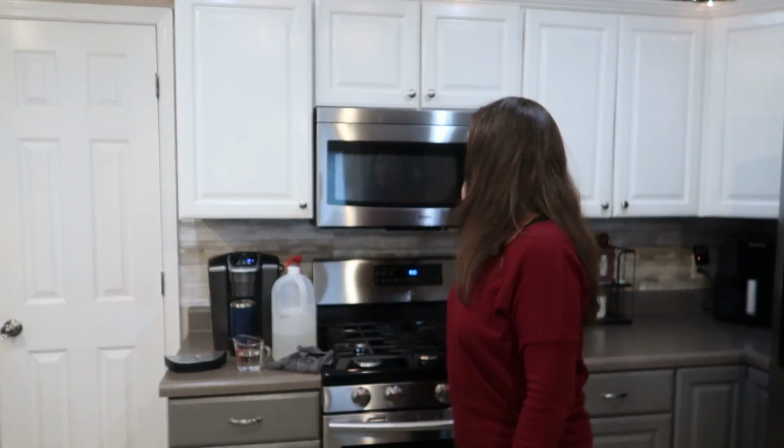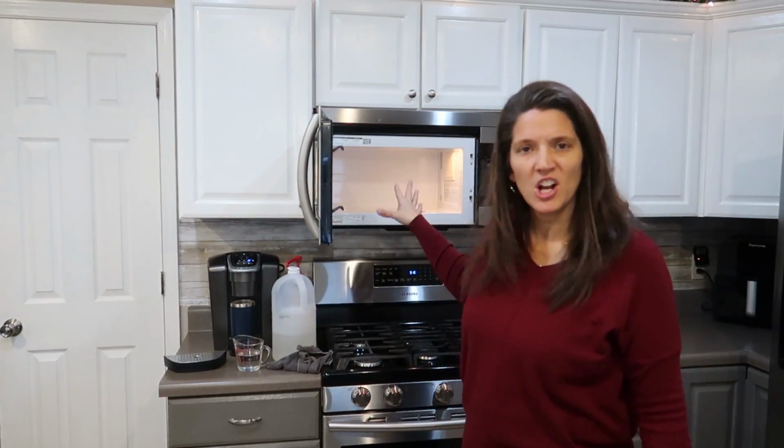Okay, how about another area? Your microwave. Do you ever get to your microwave in the morning and you open it up and go, ugh, there's food all caked in there. So you could take a warm cloth and wipe it off if you've been doing that on a normal, regular basis. But if you had a weekend like we have and we heat a lot of leftovers,